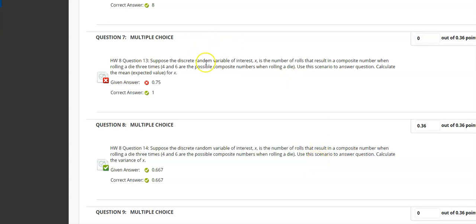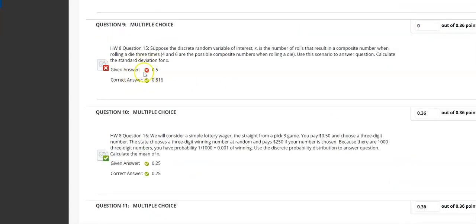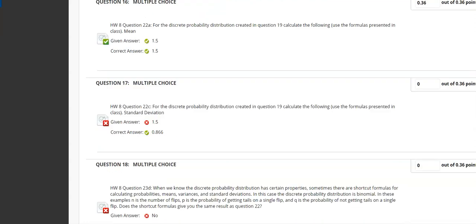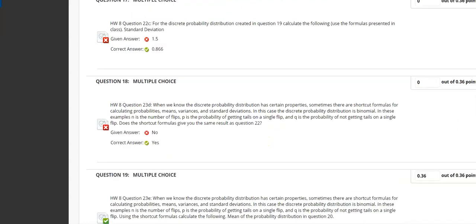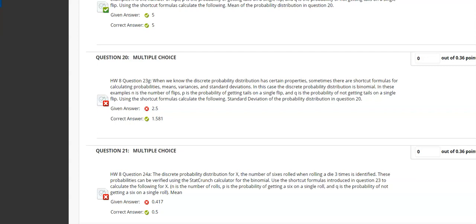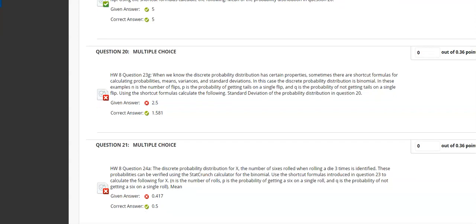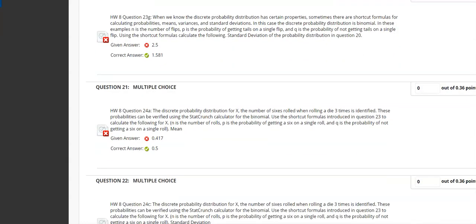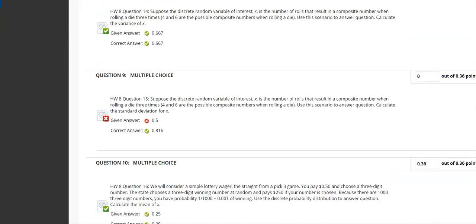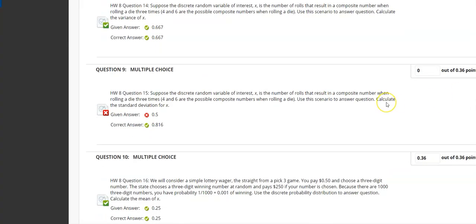So as I looked at your homework quiz, the problems I saw you were having difficulty with were the mean, and this is a standard deviation, and I think these down here might have been standard deviation as well. Yeah, this was standard deviation, and okay, that's binomial there. Okay, so standard deviation and mean. So let's do a couple of these mean and standard deviation, and that might help you with this particular homework